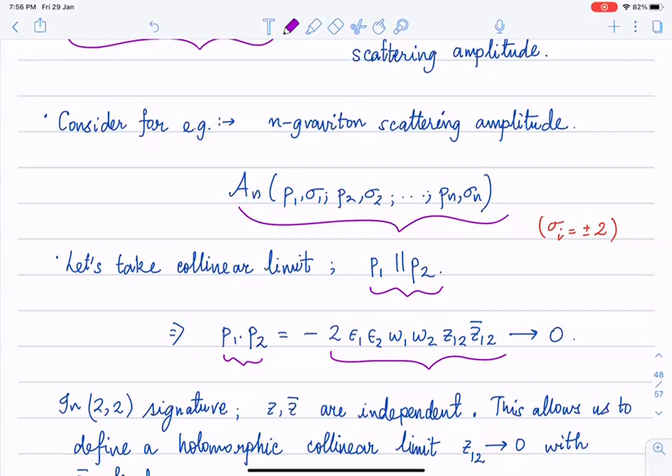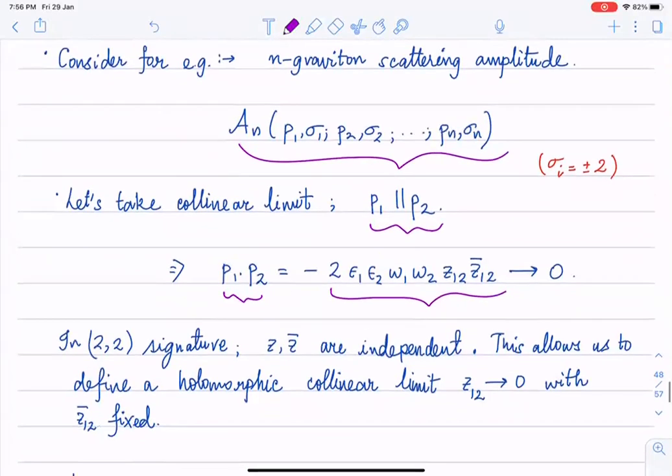But now, as we were doing before, we can go to (2,2) signature, where z and z bar are independent quantities. In that case, you can take what is known as a holomorphic collinear limit, which means taking z12 going to 0,